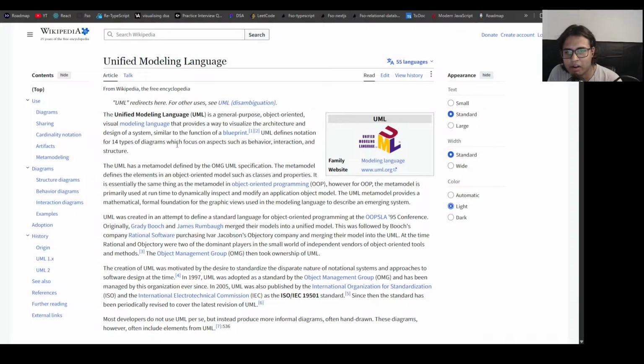The unified modeling language is a general-purpose object-oriented visual modeling language that provides a way to visualize the architecture and design of a system, similar to the function of a blueprint. UML defines notation for 14 types of diagrams, which focuses on aspects such as behavior, interaction, and structure. The UML has a meta model defined by the OMG UML specification. The meta model defines the elements in an object-oriented model, such as classes or properties. It is essentially the same thing as meta modeling. However,